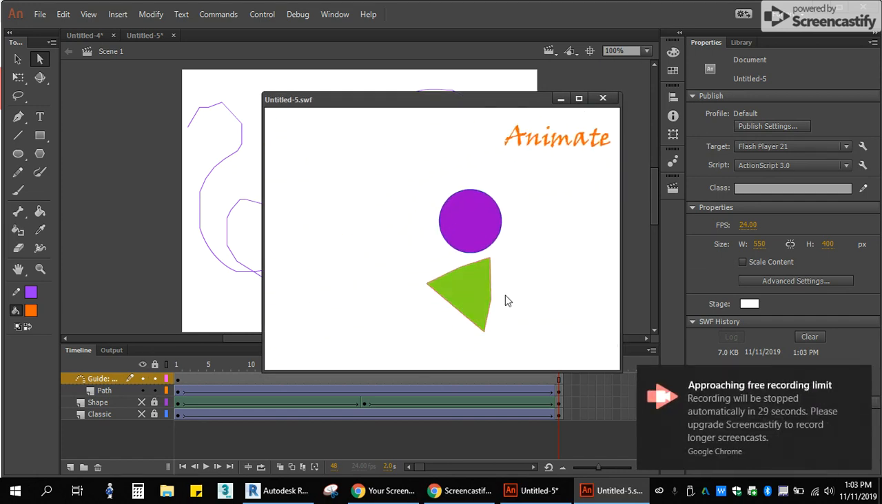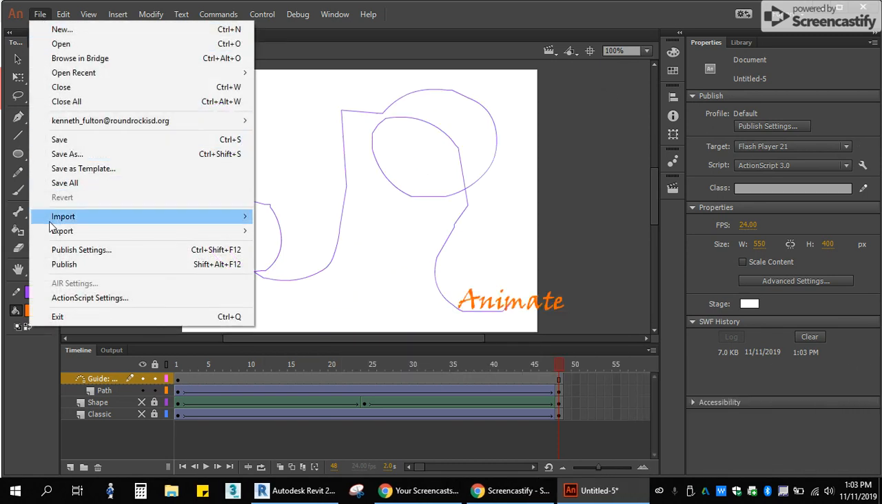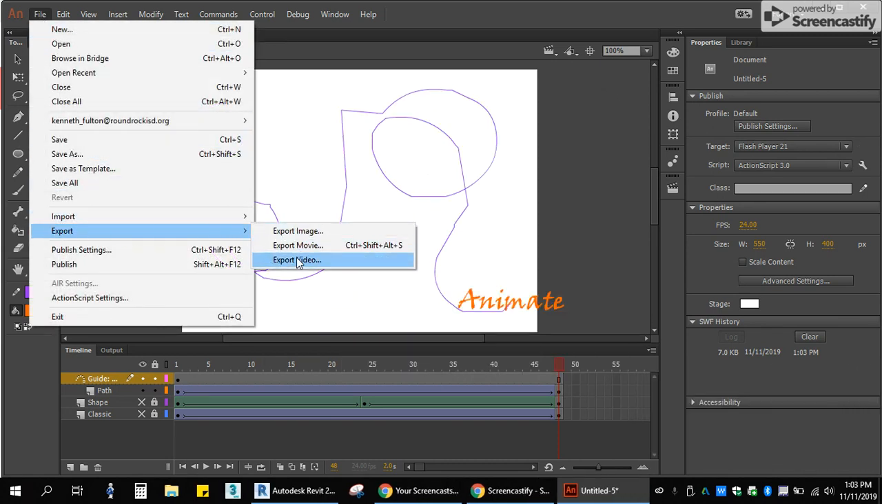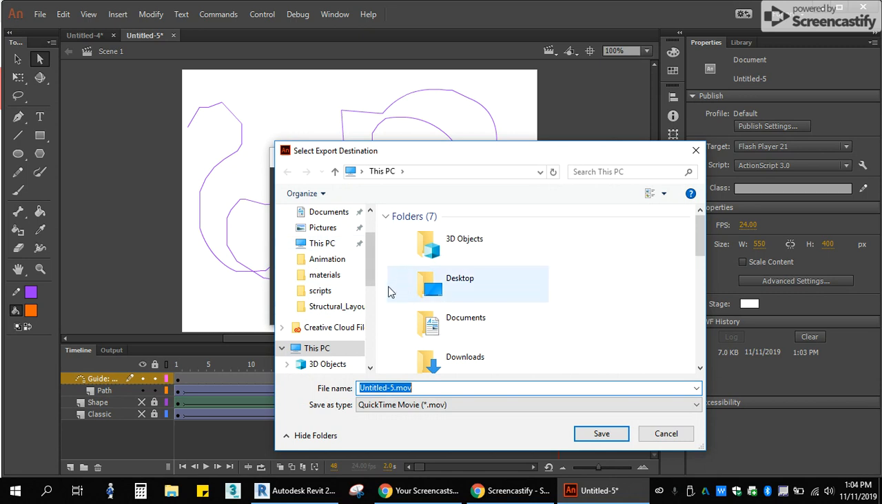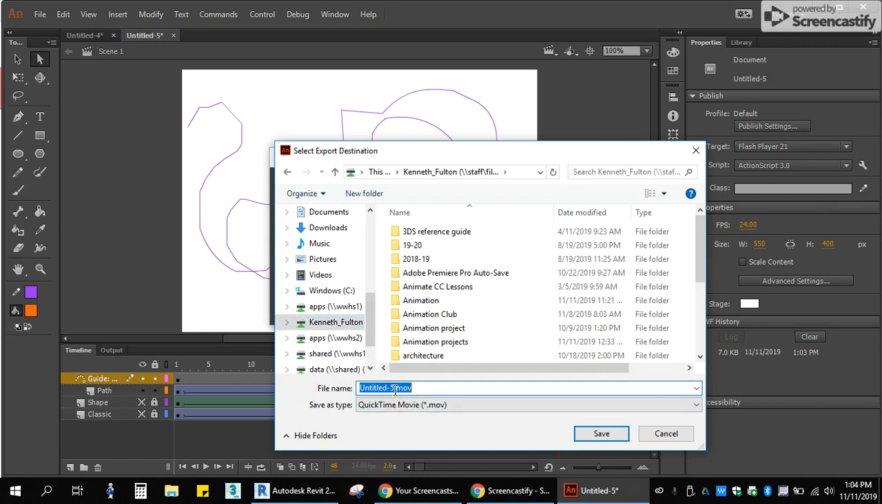Everything is going crazy. So go ahead and render this out, and I'm going to go to File, Export Video. Make sure this is unchecked. Choose your H drive and rename this with your name and Tweens. So actually put your name, your actual name, and Tweens, and then